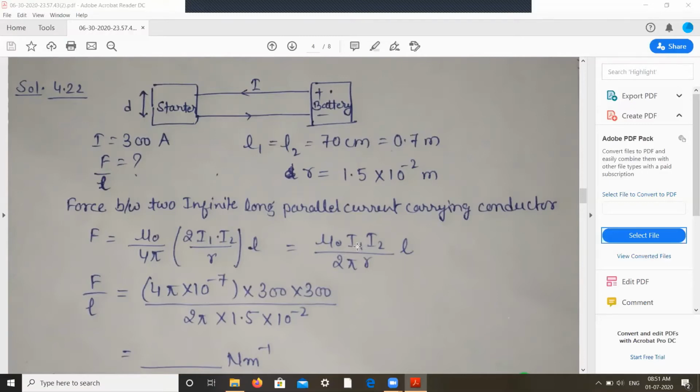After the calculation, you will find some magnitude over there, and the unit is force per unit length, so it is Newton per meter. We remember that the unit is Newton per meter since we consider force per unit length. So give the magnitude and then mention the unit also. And the next question is, what is the direction? It is asking whether the force is attractive or repulsive. So the answer is clear, it is repulsive since the current is in the opposite direction.